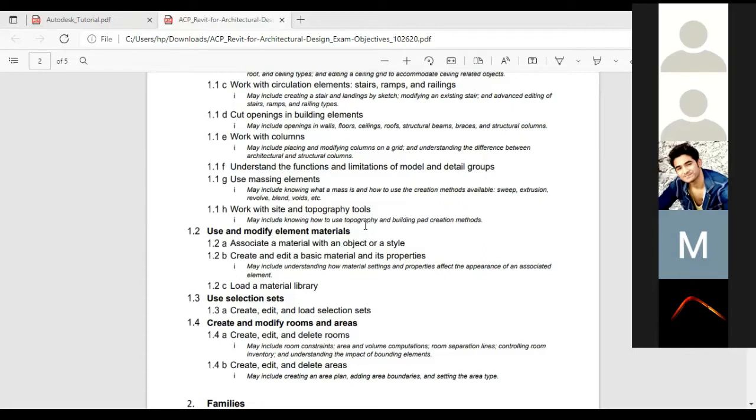Then the questions can be like this: go to the particular topography in this particular view, and create a building pad as drawn in the question. That means in the question itself, we'll have a particular figure. So you have to go to the topography view, take the building pad, and make the building pad the same as shown in the figure. Then they also specify the depth, in which level you need to place it, and the material. All these things will be provided. At last they ask you for the volume or area or whatever it is.